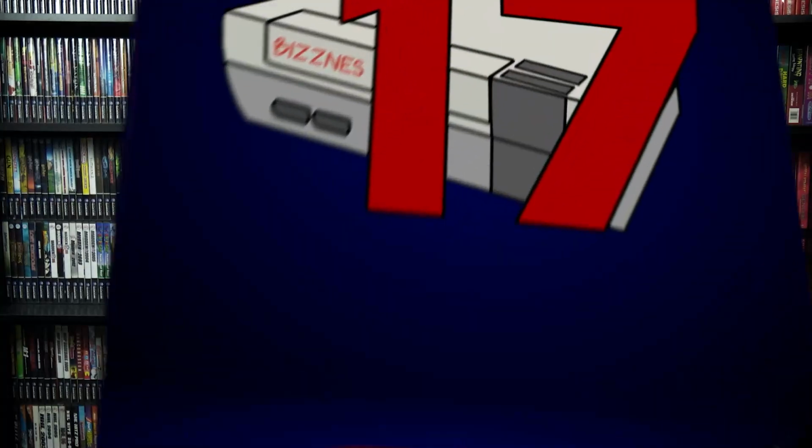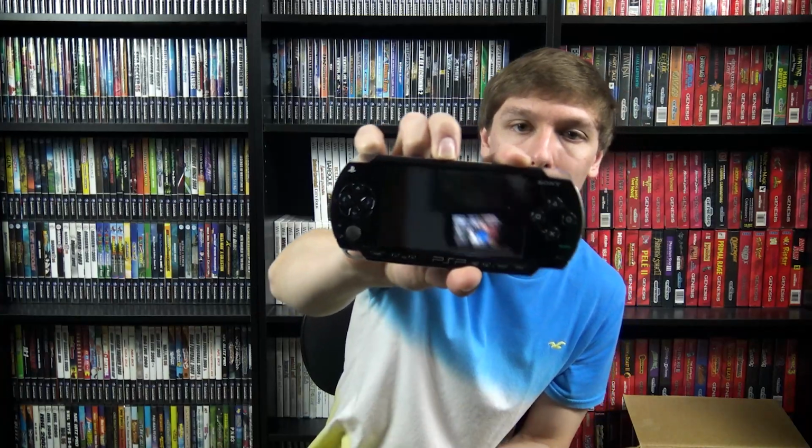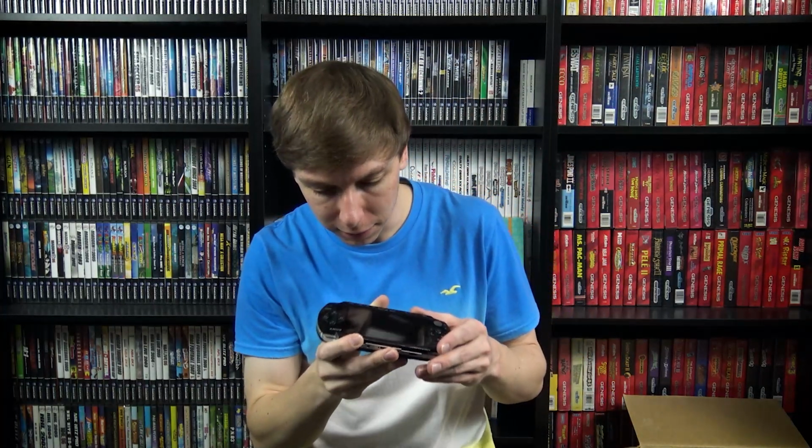Okay, getting into the PlayStation stuff here. Starting out with this PSP that has a very interesting story to go along with it. So this is a PSP 1000. And I don't know if it's going to come across well on camera, but right up here on the screen, I'll hold it up here, there's a little tiny, pin-size hole. Honestly, it doesn't even look like a hole, but the reason that I know that it is because